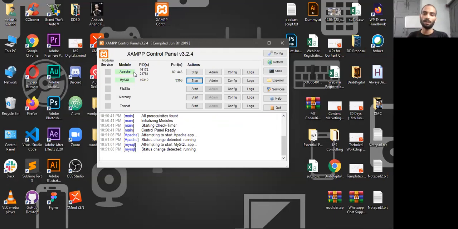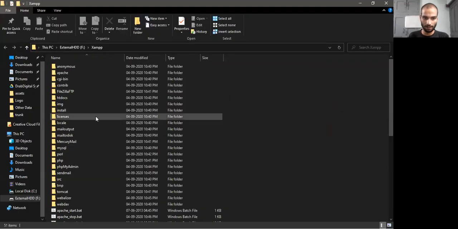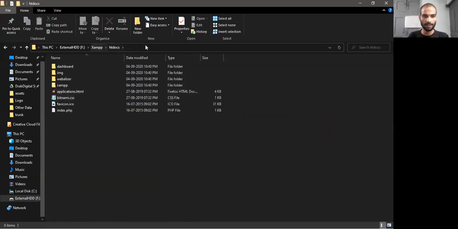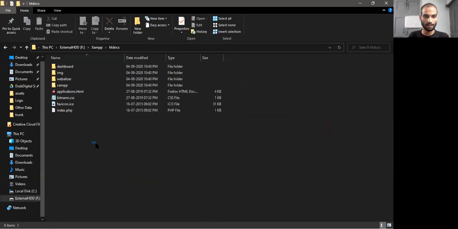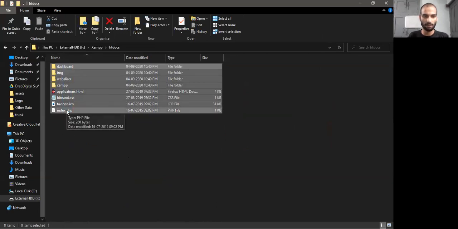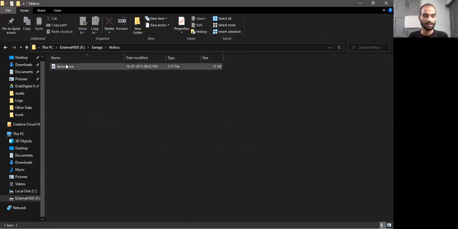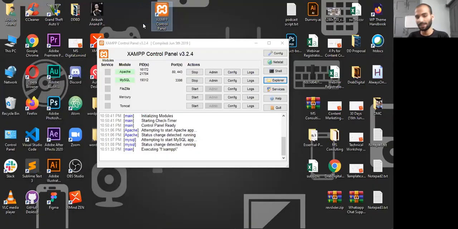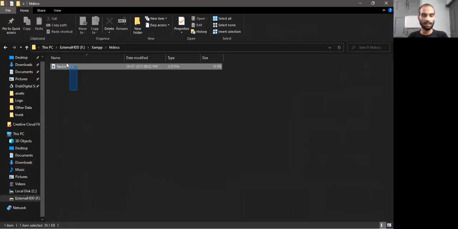Okay, so now what you have to do, to keep it simple, is click on this button, Explorer, here. Then second thing, you have to find htdocs, this one. So this folder you have to find. Basically this will be the root folder of your website. All right, so I will just delete all the files from here. You can keep them as well, but I prefer to keep it clean. I keep this favicon here so that my icon remains here. Otherwise, sometimes the icon also goes away due to this. So I just keep the icon here and ignore all the other things.